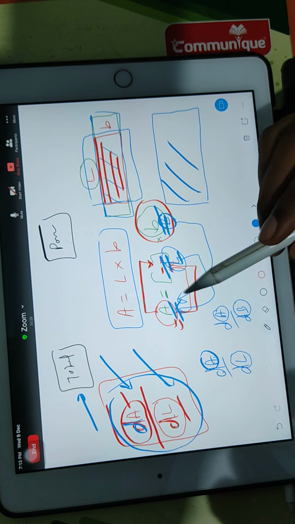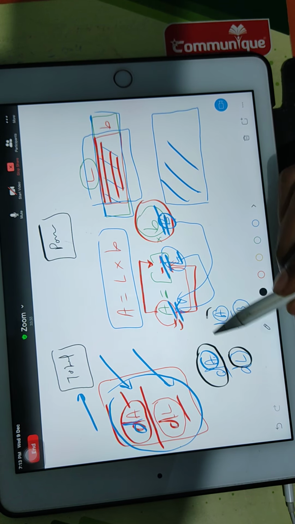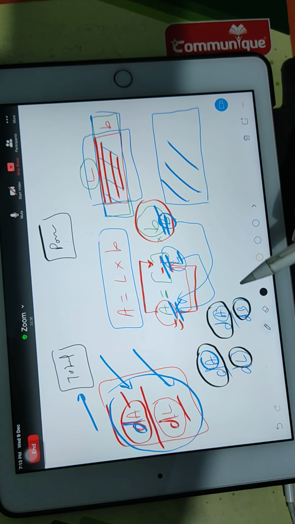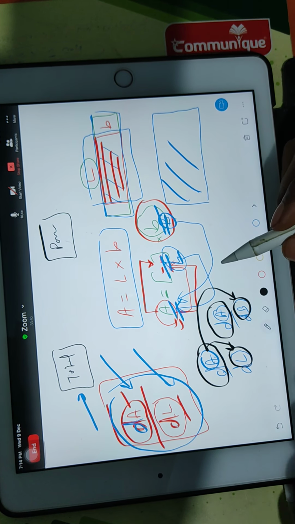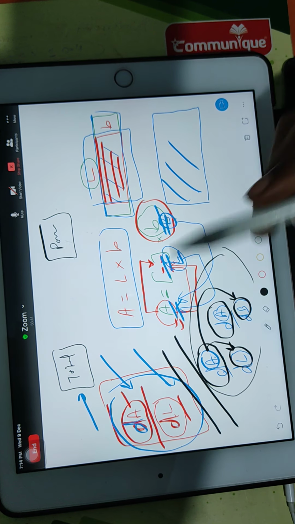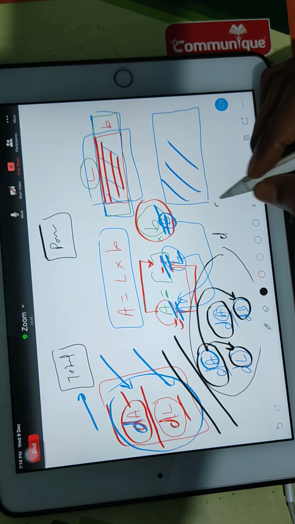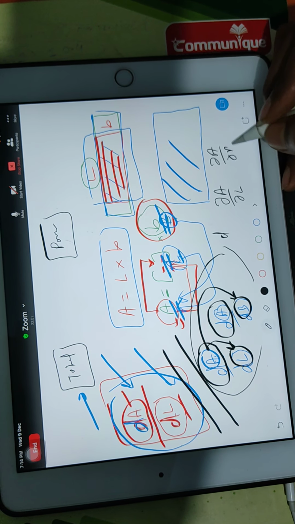Now our job is to understand how much part of the area is being changed because of L and how much part of the area is being changed because of the width. It means area is partially dependent on this and partially on this. So in that case, to make this situation different from the previous situation, we don't use D, we use dou. So dou A by dou L and dou A by dou B. Clear?